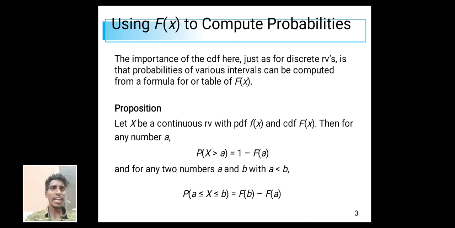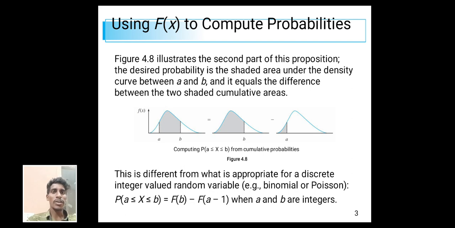This is the way F(x) is used to compute probabilities, as you can observe in the given figure, where computing P(a ≤ X ≤ b) comes from cumulative probabilities. This is different from what is appropriate for a discrete